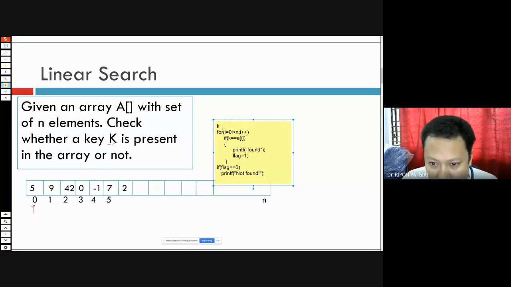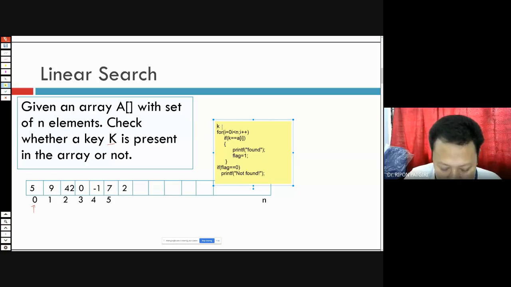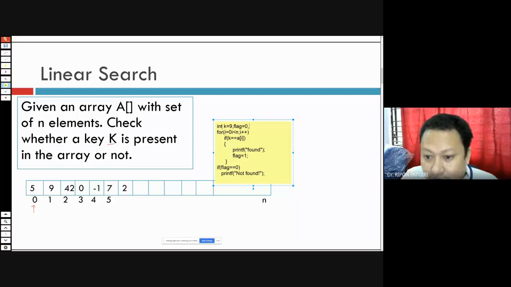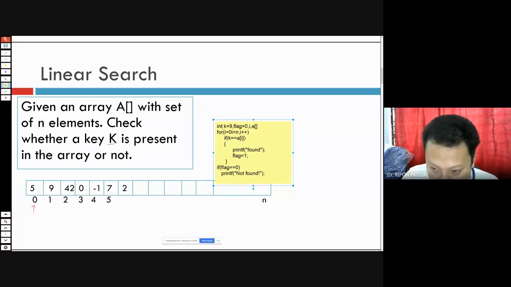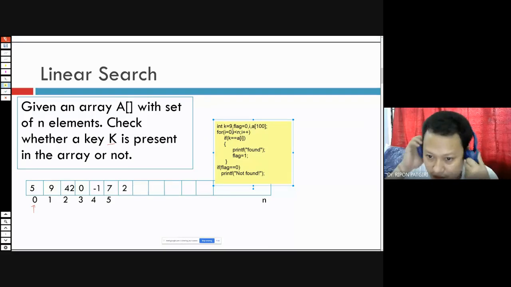So this is, say for example, int k may be anything, 7, flag equal to initially 0, then i, a of i. So this is the code.